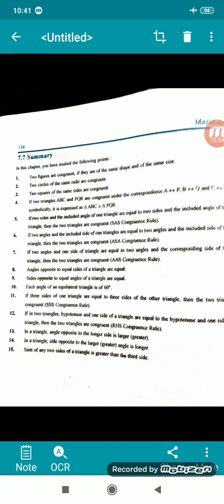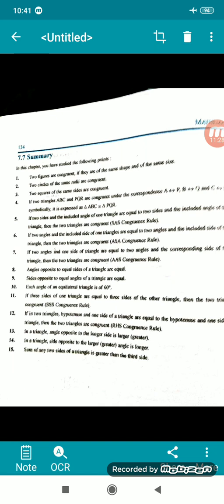If two sides and the included angle of one triangle are equal to two sides and the included angle of the other triangle, then the two triangles are congruent. SAS, then we have ASA, then AAS. Eighth point, angles opposite to equal sides of a triangle are equal. Sides opposite to equal angles of a triangle are equal. Each angle of an equilateral triangle is 60 degrees. Then we have SSS congruence,